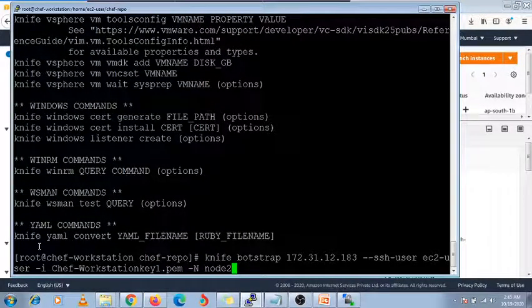Knife bootstrap, then the IP, hyphen i, this is my key, this is the key we are using, hyphen ssh hyphen user ec2 hyphen user, hyphen i key, hyphen n. Is it working or not?